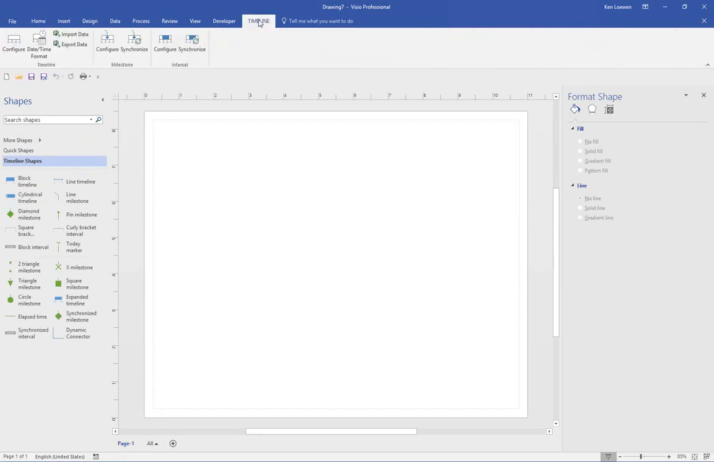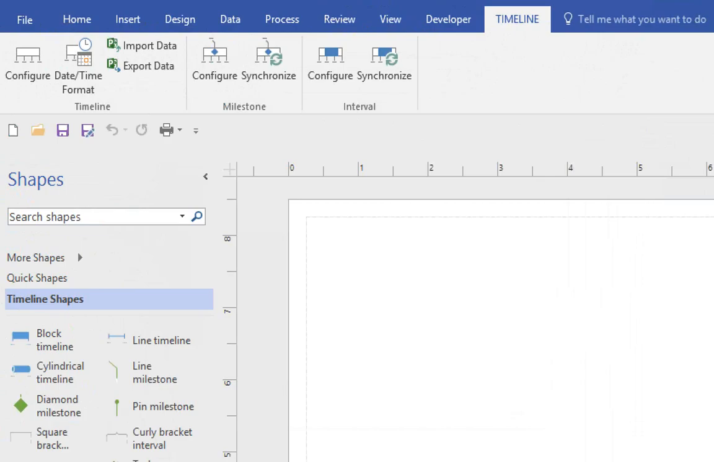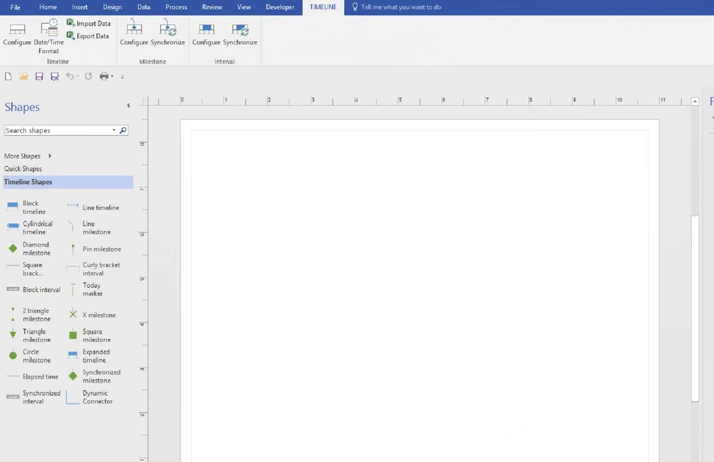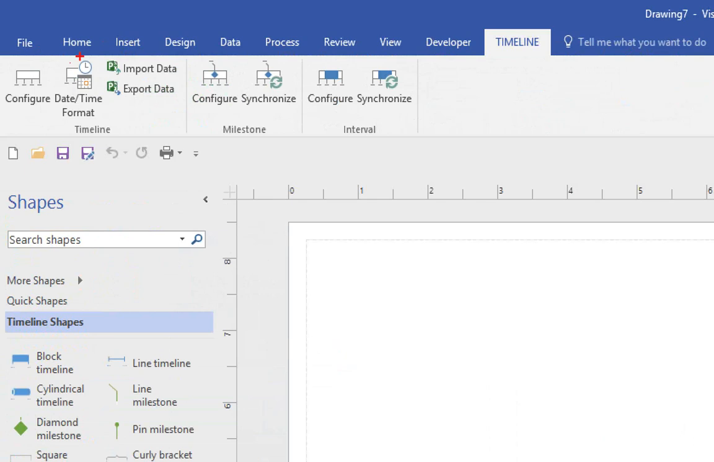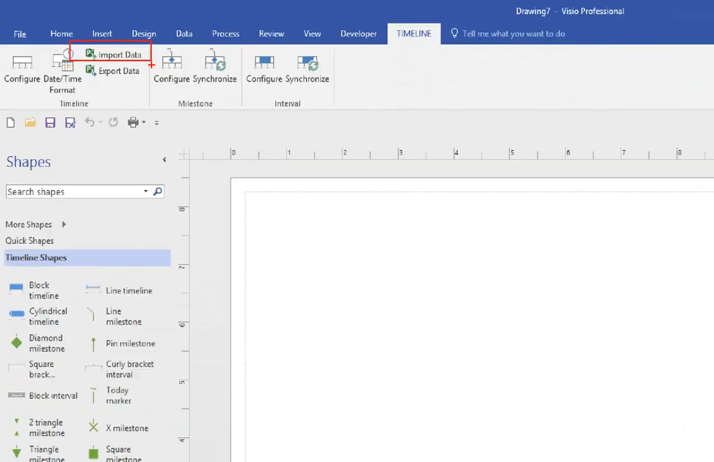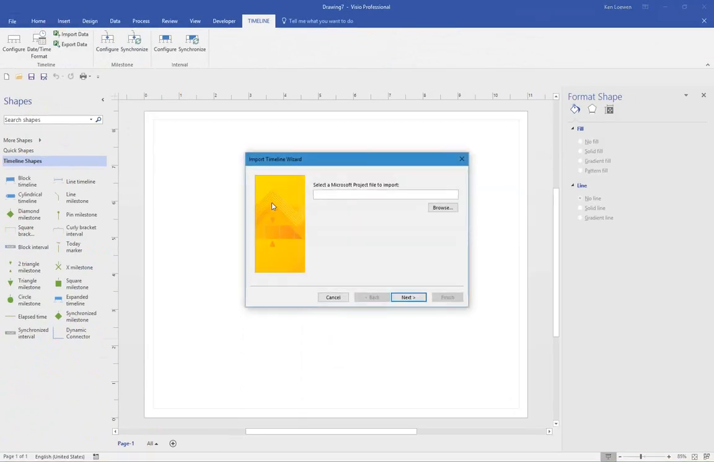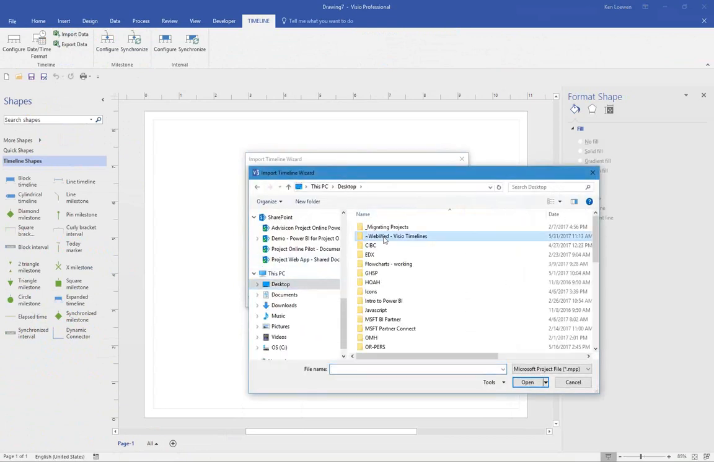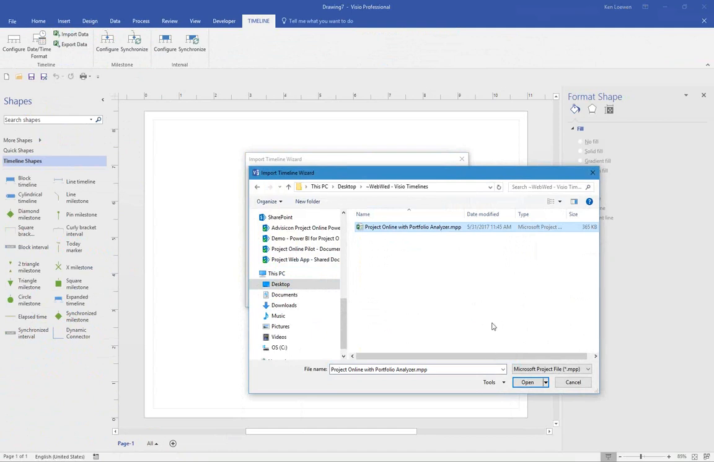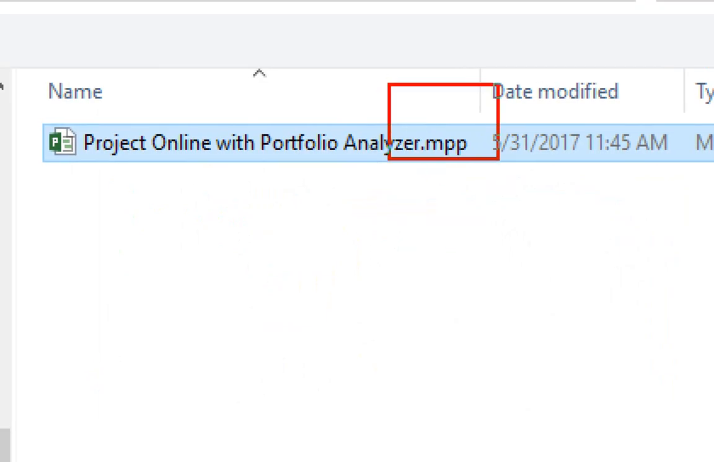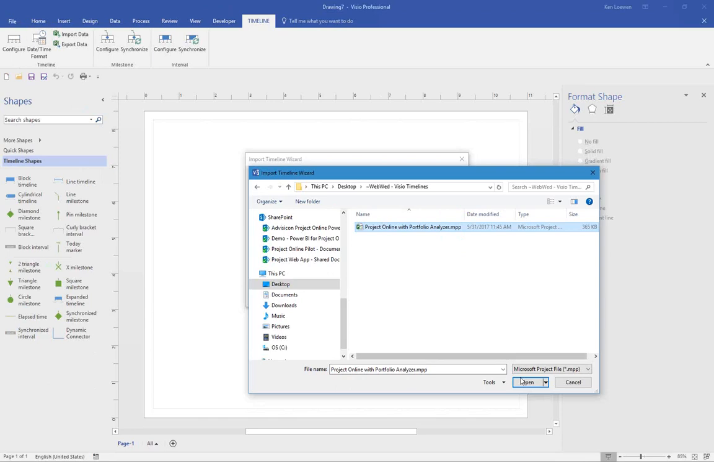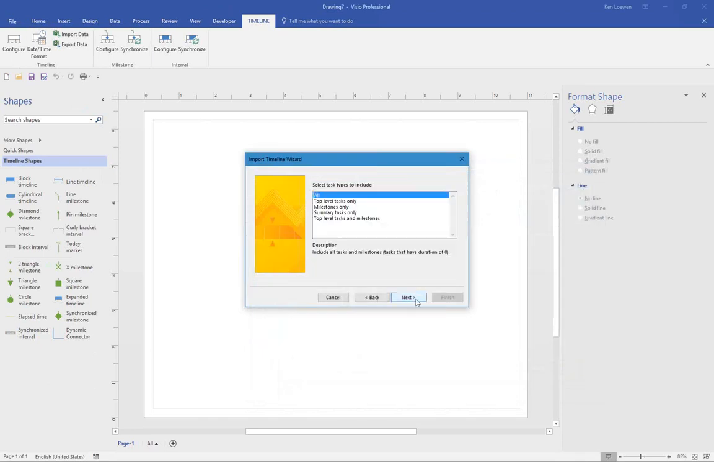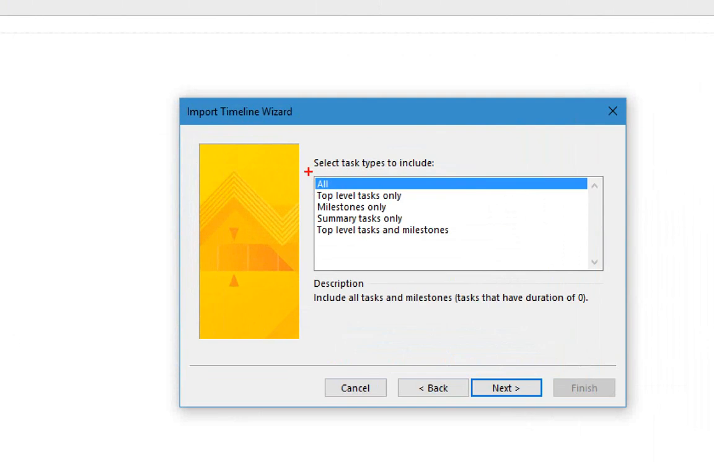So let's go back up to our timeline, and just as we saw in one of our screenshots about the capability of importing Excel data, here we have the capability of importing project data. So click on our import data. We're going to browse to the folder where we have our project schedule, and you'll see that I'm opening up an actual MPP file. Click on next, and I've got options for which level of information out of that file I want to pull,